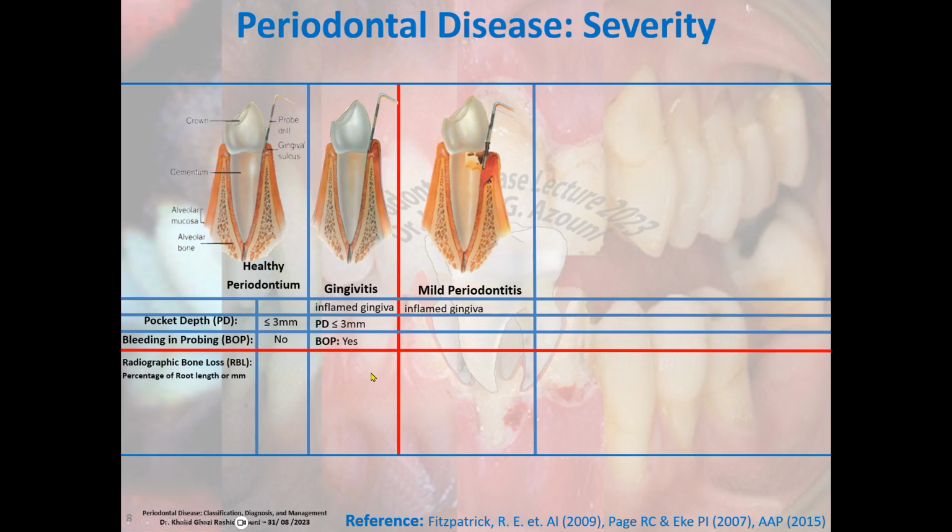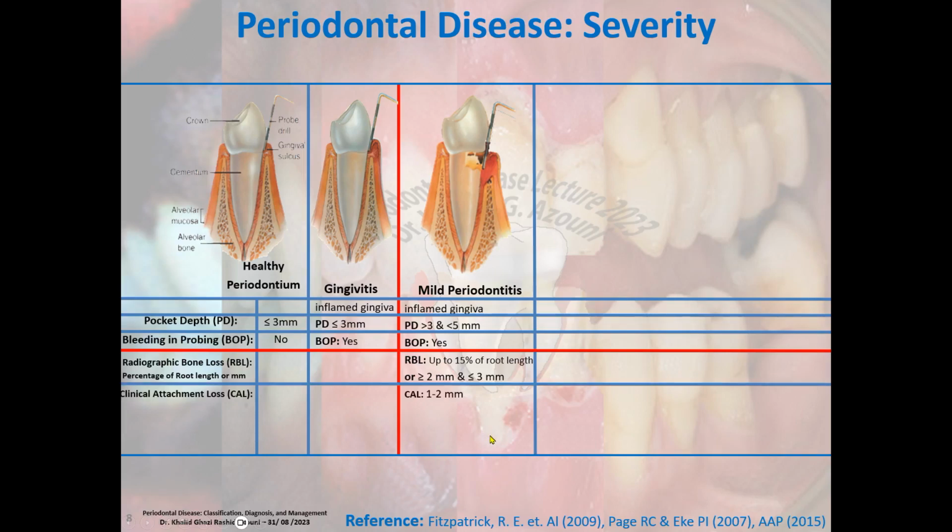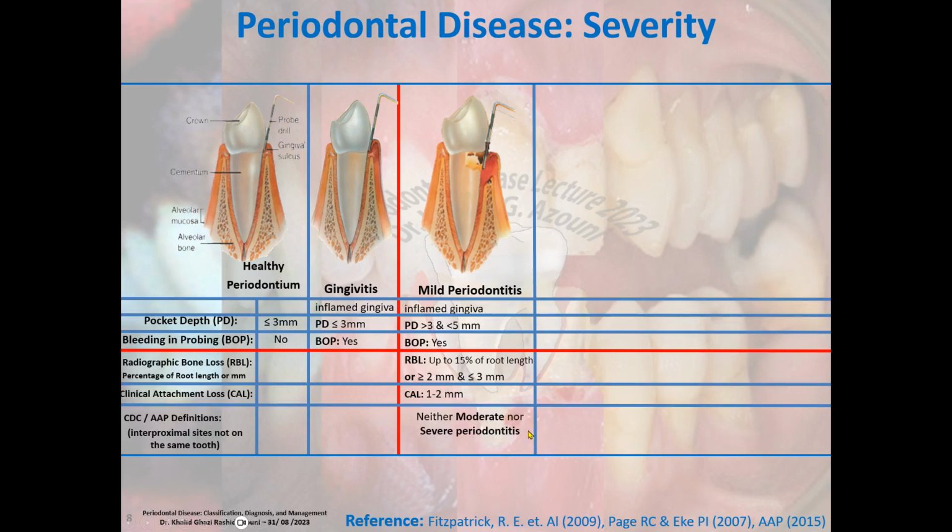In mild periodontitis, there is inflamed gingiva. Here, pocket depth is between 3 and 5 millimeters, and there is bleeding on probing, especially in active disease, and radiographic bone loss up to 15% of root length, or more than 2 millimeters and less than 3 millimeters. Clinical attachment loss is 1 to 2 millimeters, and we'll talk about this. And then the definition by the CDC and AAP, which is used in statistics, and here it's neither moderate nor